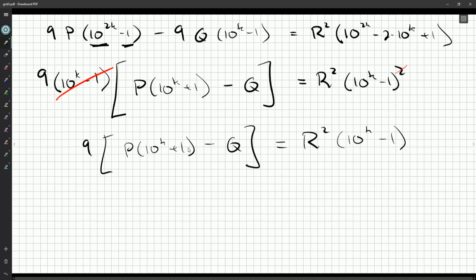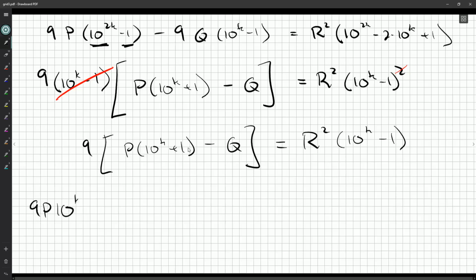I really don't like this 9 over here. And it keeps screaming at me, divide it by 9. But we're trying to avoid that. We're trying to simplify. I'd like to get just some p's and q's all by themselves. Now, I guess one thing we could do, because we got powers of 10 here, is I suppose we could write this as